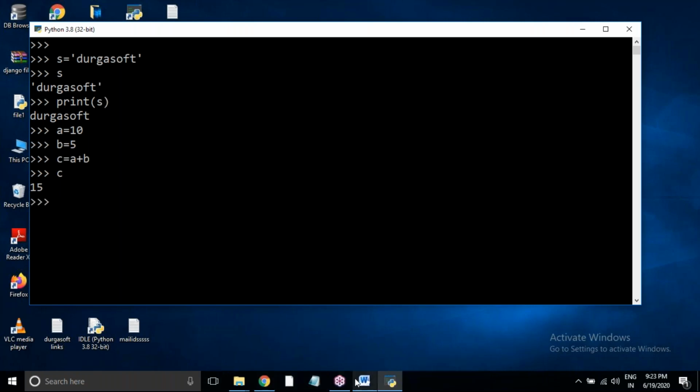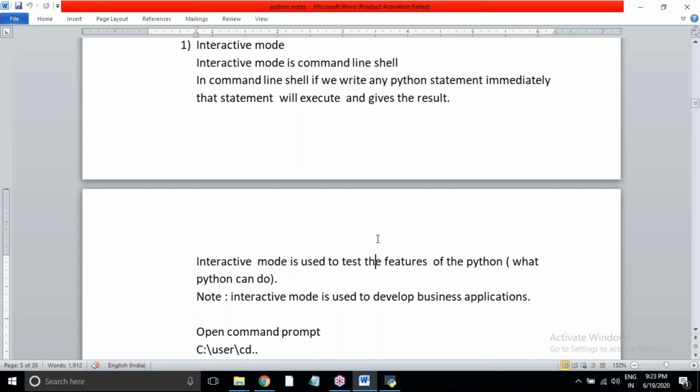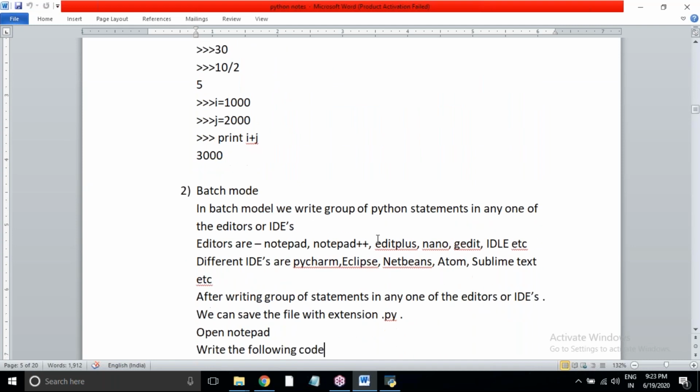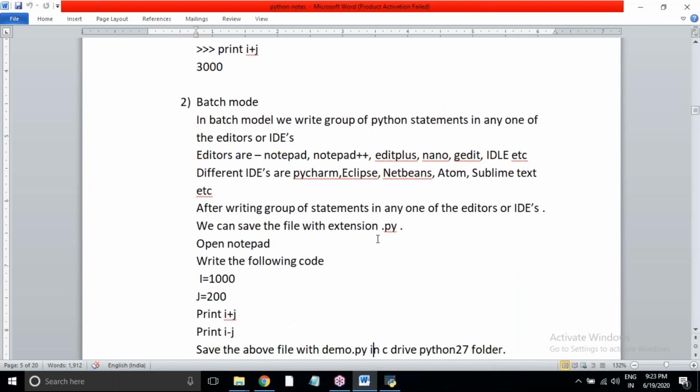And when we are working with these modes, batch mode is there. Batch mode means writing the program, saving it in a file, and executing it. We can write programs, save them in a file, and we can run files or modules.